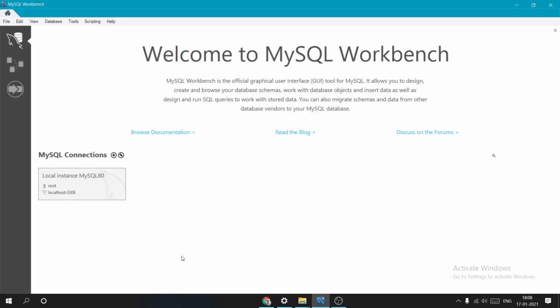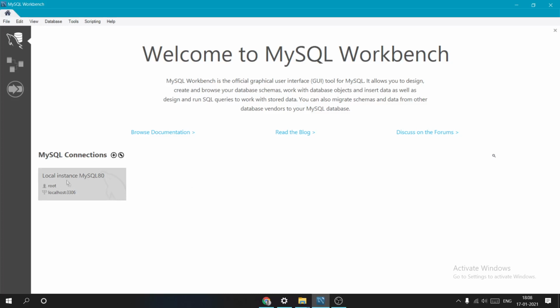Yeah, so to make a new connection, when you press the home button in MySQL Workbench, this home symbol, you will come to this page. Here you can see a plus icon. So let's first test the connection, and then I will tell you how to add a new connection.